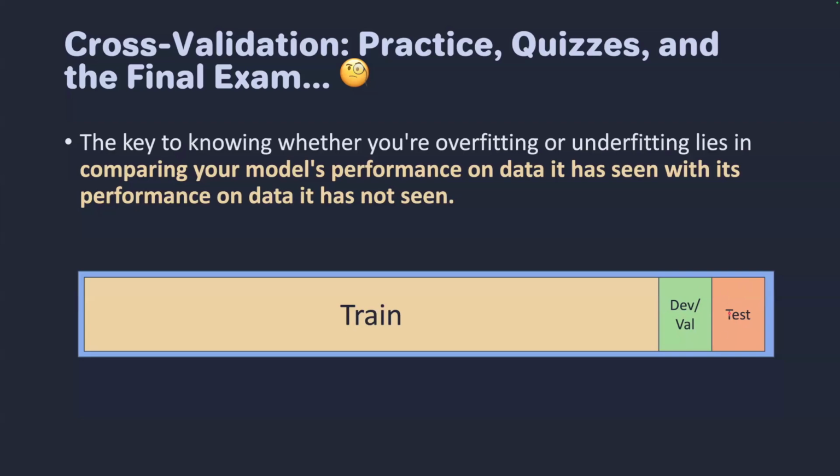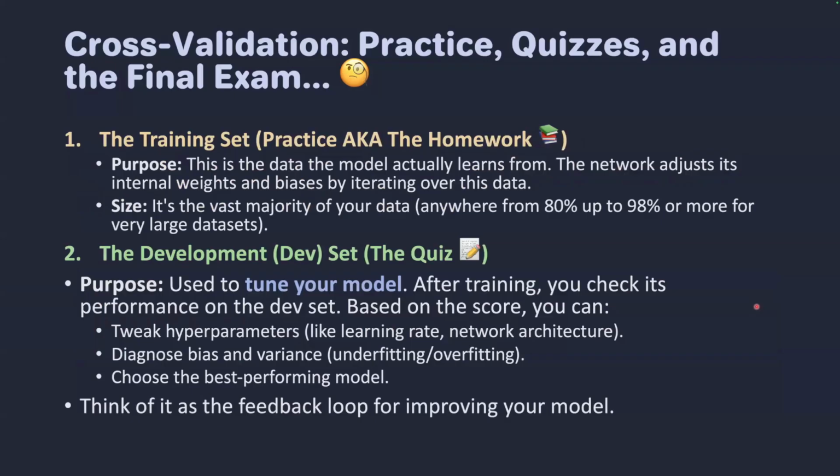But again, this is data that the model has not seen before, similar to the dev set. Now, after you've gone through some rounds of training and testing using the train set and the validation set, your test set is like your final exam. Now we're trying to test all the stuff we've learned, like the weights, the biases, the hyperparameters, on some real world data. This hopefully gives you an idea of how well the model is going to perform on real world data. Hopefully that's clear. That's the analogy here.